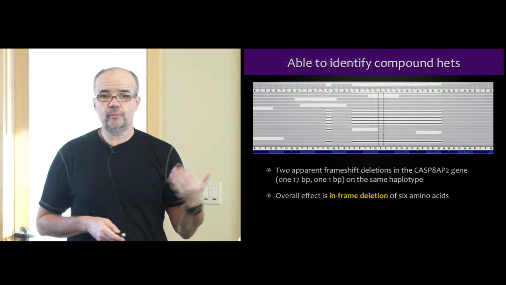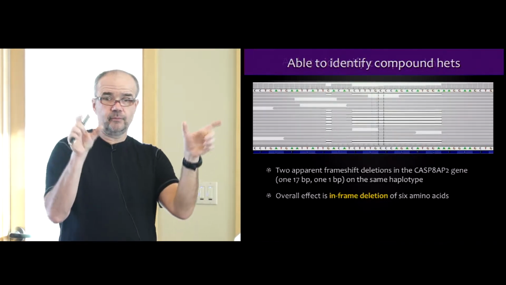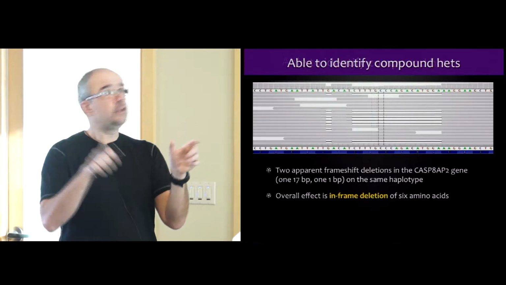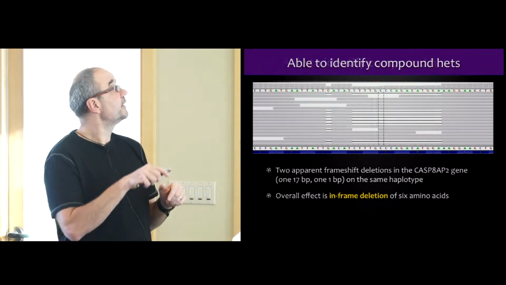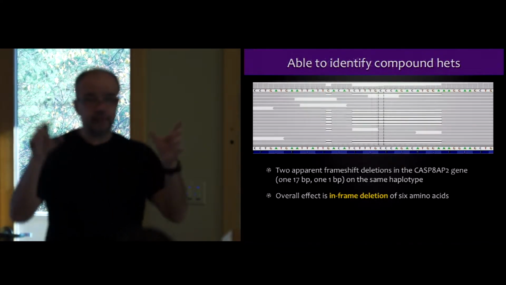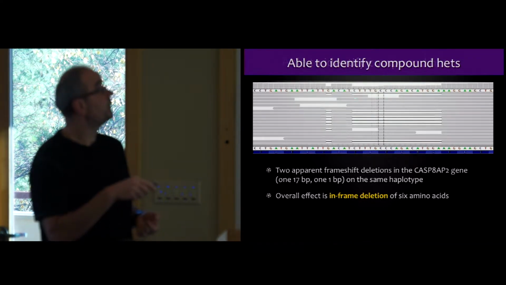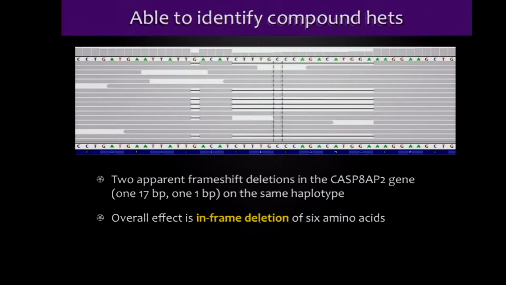So that's why it's very important to be able to decide whether two variants, or the phase between two variants, are compound heterozygotes, that is, they're knocking out different chromosomes, or, as in this case, they're on the same chromosome. And not only that, in this particular case, the overall effect of these two deletions is in fact a frame restoring situation. So